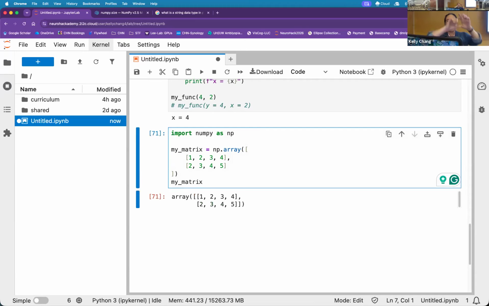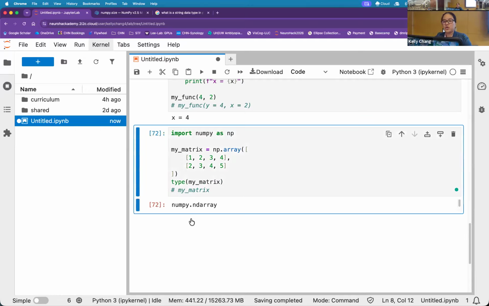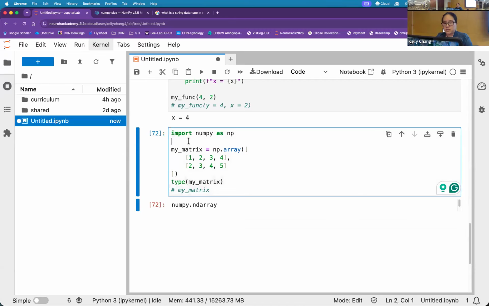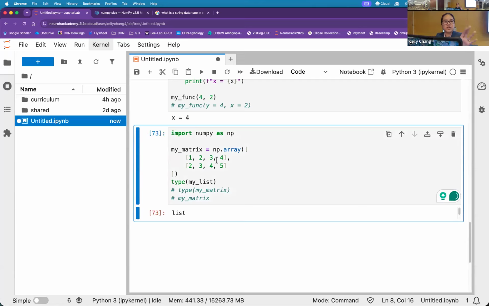So previously you saw the list flat. Now in this nd array, it's trying its best to make something that's 2D like. That makes it a bit more numerical for your usage. We can also type, still the same function from before, and we can query it. I should also do type of my list from above just to show you that they will print differently. So if it's a list, it'll tell you it's a list. If it's an nd array, it'll say numpy nd array. So the data class object type has actually changed as well.